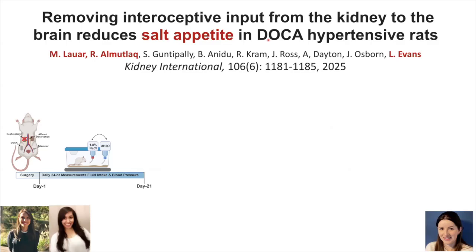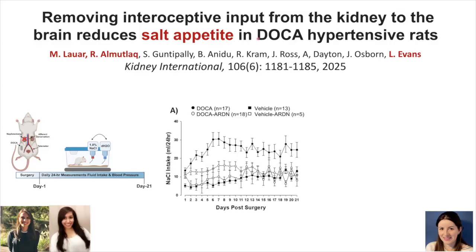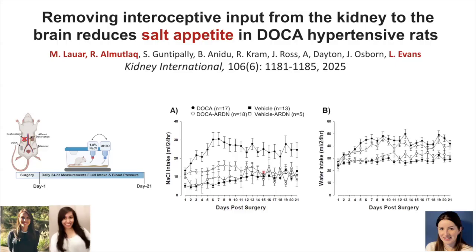of salt. Well, Louise tested the idea the signal for that is actually coming up from the kidney through these sensory renal nerves. This is the amount of salt that these animals drink when you give them this DOCA, and they drink a lot of it over time. But if you take out only the afferent nerves, which are the boxes here, they do not drink more salt. Total denervation does the same. So that drive to drink salt goes away if you get rid of the sensory input from the kidney.